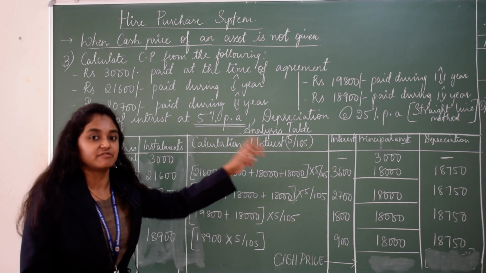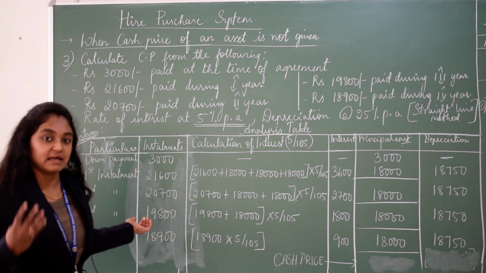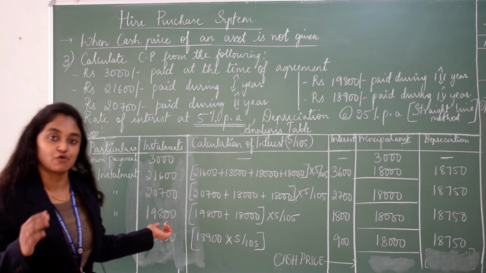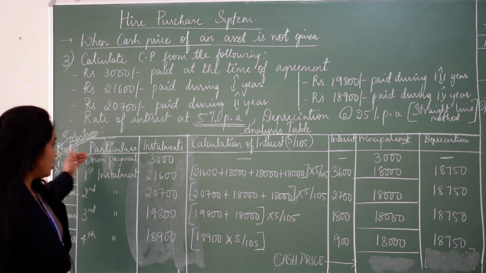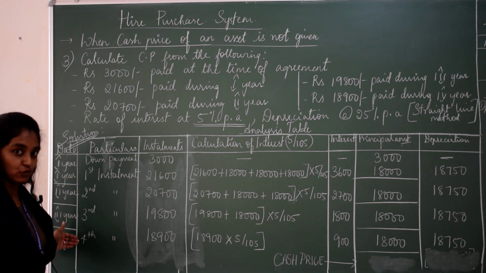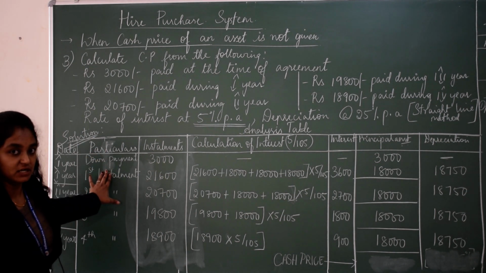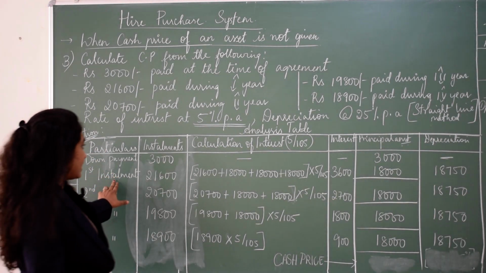They have clearly mentioned we have 4-year installments. So, you have to come to the conclusion that the agreement of this hire purchase goes for minimum 4 years. So, take the years: first year, second year, third year and fourth year. After years, the next column will be for particulars. First year, when you are considering